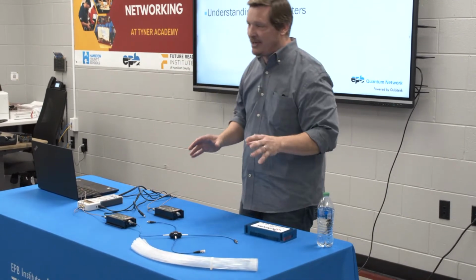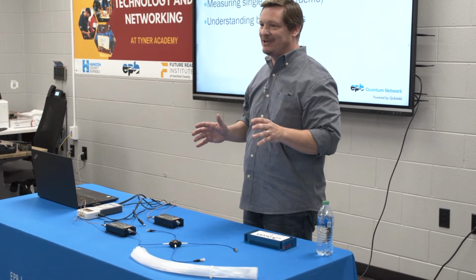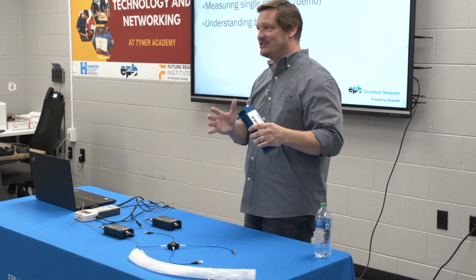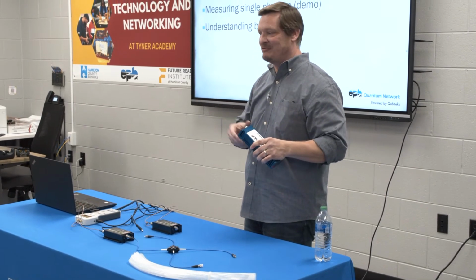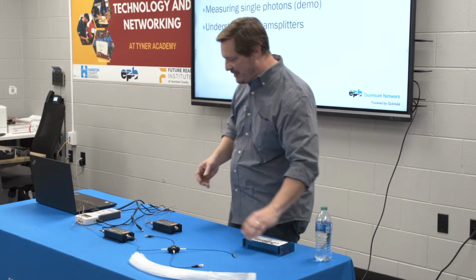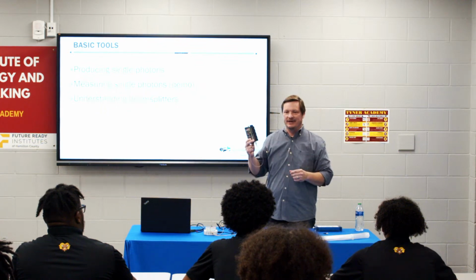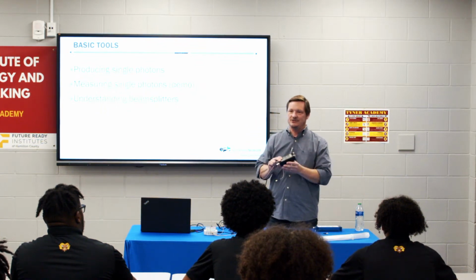We could turn all the lights out here and sit in the dark for like 45 minutes, and believe it or not, your eye would probably be able to see this extremely dim source. Your eye is that efficient. But we're going to use something a little more repeatable and faster, and it's this detector here. This is called a single photon counting detector, and it can see a single photon.